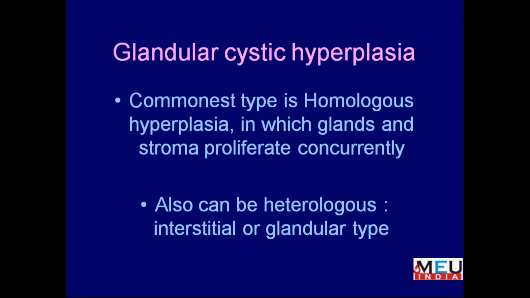Glandular cystic hyperplasia is one of the commonest types of homologous hyperplasia, in which the glands and the stroma proliferate concurrently, and we get a dense stroma along with numerous glands. Sometimes we also get the heterologous variant, when we get the interstitial or the glandular type of